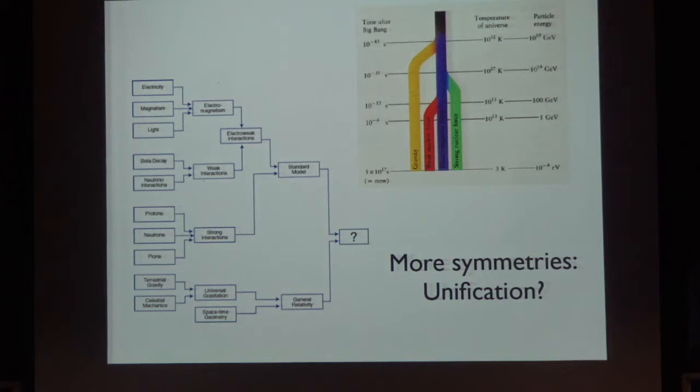So the usual way, as I said, is to add symmetries, which has been useful so far, and it might be the way to go to a more fundamental theory, or not. But that's the way it has been proposed and successful so far: by unification of electricity, magnetism, and light into electromagnetism; beta decay and neutrino interactions, weak interactions, electroweak interactions, and the standard model. Then the strong interactions, and we have here what we know. And then we can go by adding more symmetries, adding more particles, adding more fields, adding extra dimensions, and then we can unify these with terrestrial gravity and celestial mechanics, the universal gravitation, space-time geometry, general relativity,